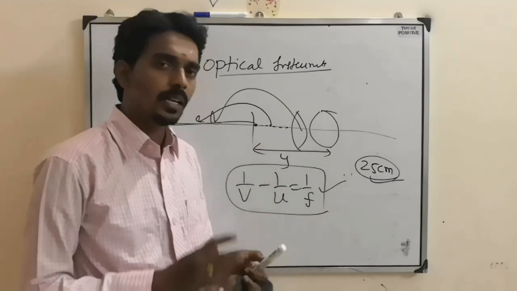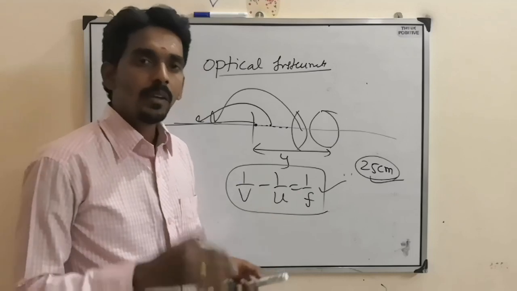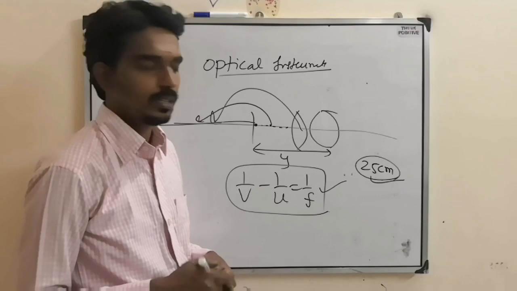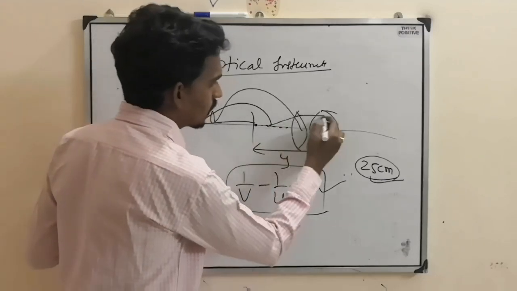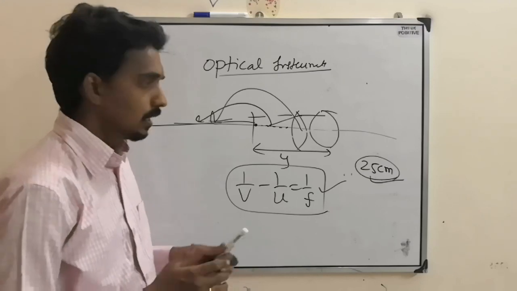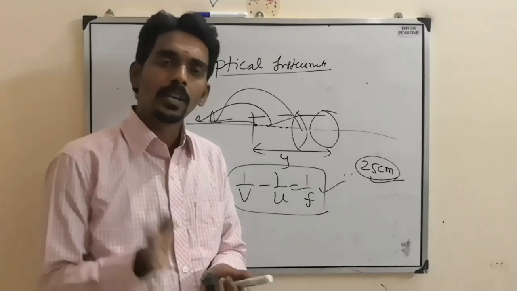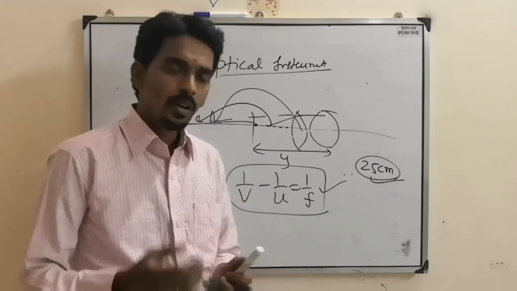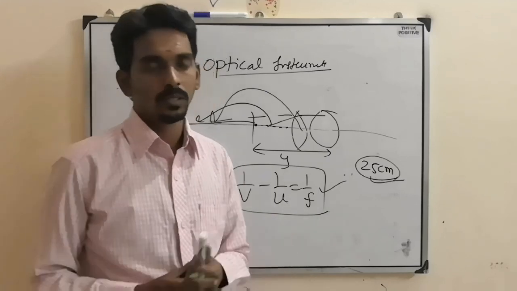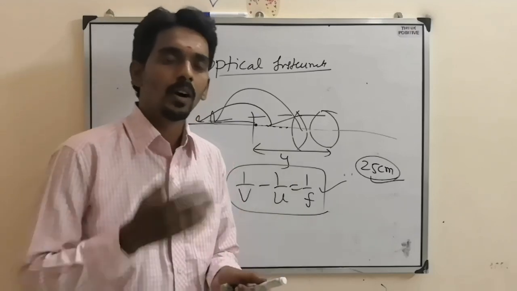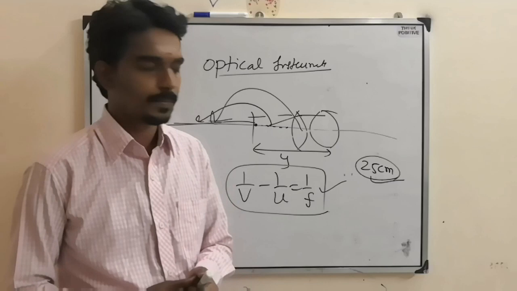But here you have to remember that we will use a convex lens which will shift the near object to the far object, because refraction will take place like this, so the object will shift far away. Like that, there are two types of defects, myopia and hypermetropia. Based on that also, I will try to solve at least 2-3 questions, so that you will understand what kind of questions they will give and how to approach those questions.